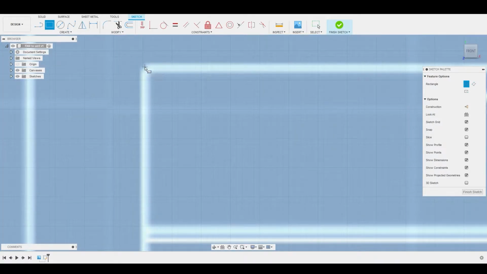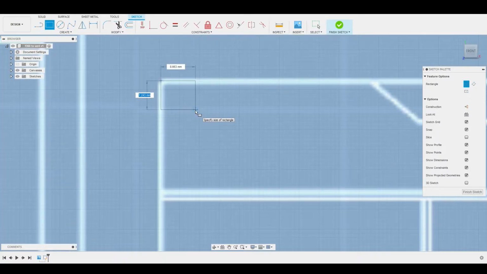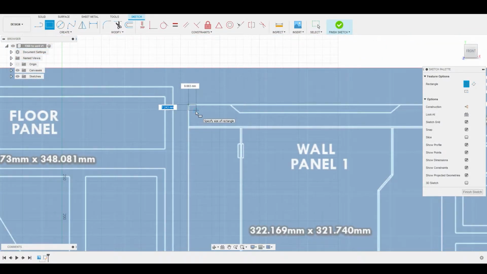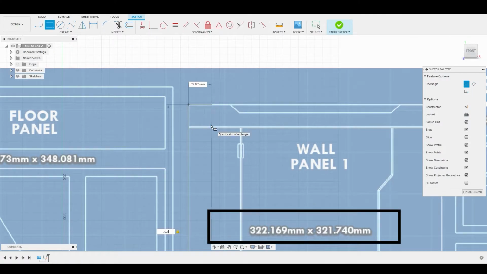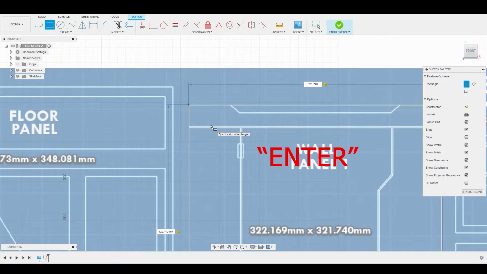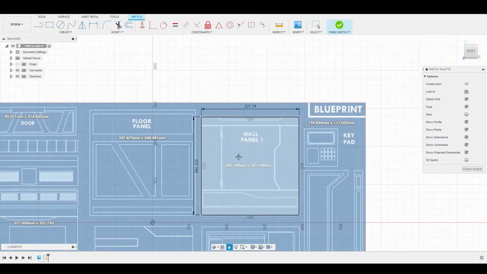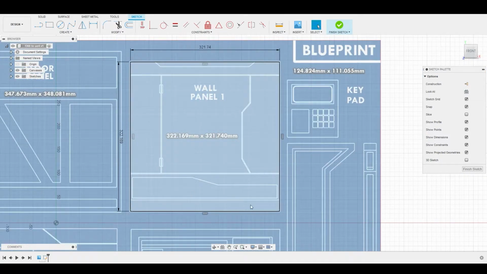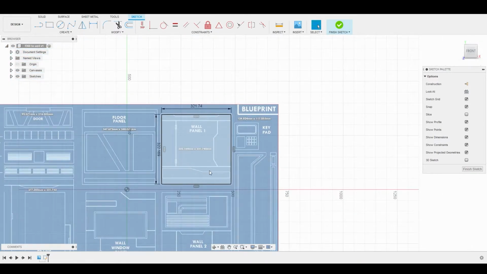So we'll left click once, and we'll just drag our mouse to the right a little bit, and let's middle mouse scroll out so we can see the input values. So really quick, I see 322.169, and we don't have to put millimeters, but we could if we want to. So let's hit tab and let's input 321.740, and now we can hit enter. Now if we middle mouse scroll out, we'll see that we have this outline shape here, and that's exactly what